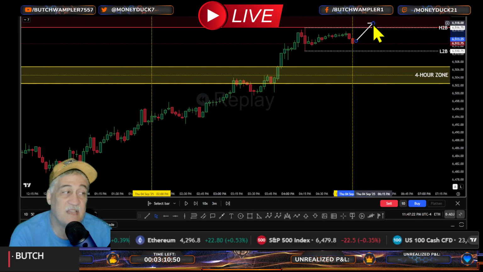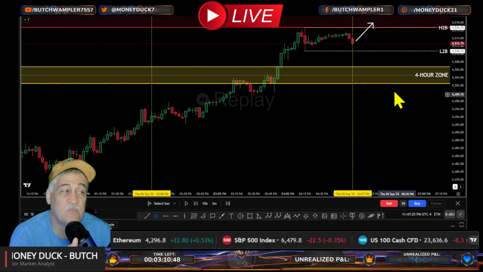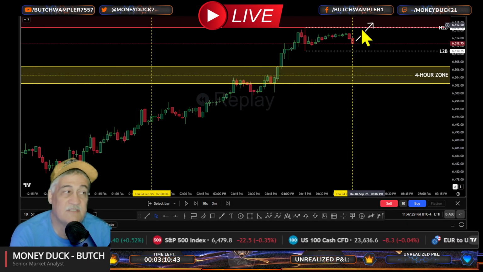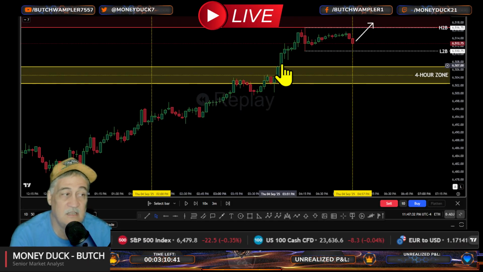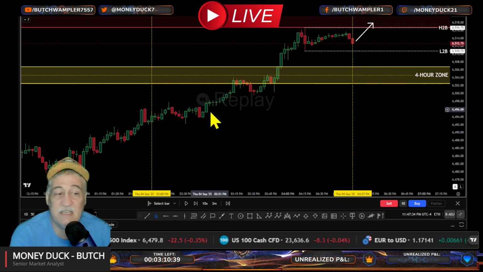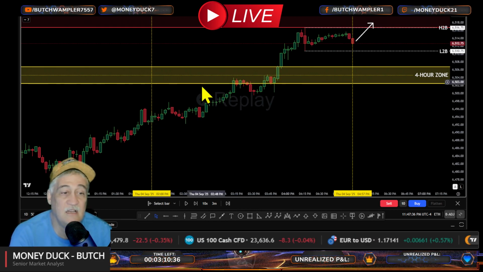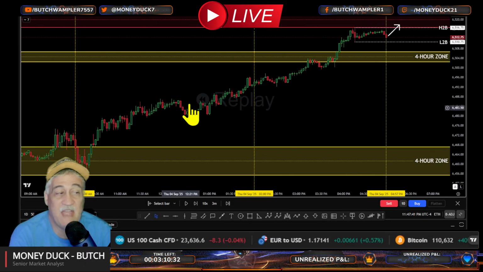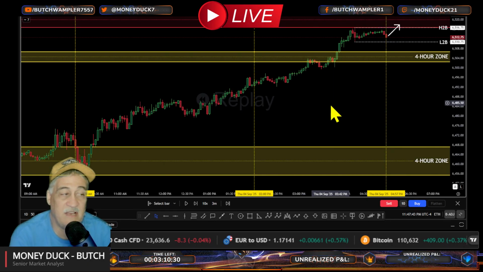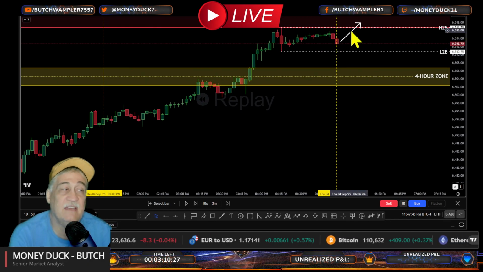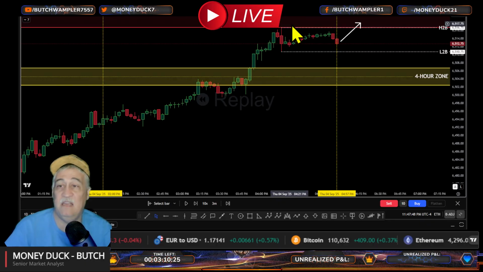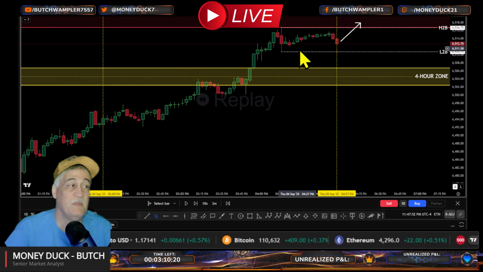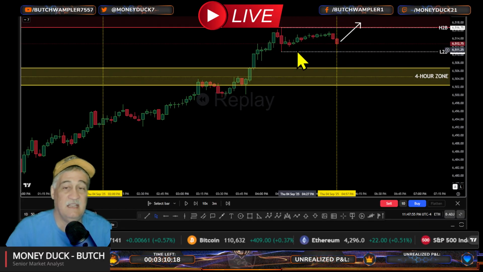If it comes up and breaks the high, what does that tell us? Well, that's continuation. That's our bullish move here, because we know it's bullish. You can clearly look from the left to the right over the last 4 hours. And again, we went back here, we look, that is all bullish. Bullish all day long. So again, if it breaks the high, we say our bullish momentum is continuing. We're seeing continuation in the bullish move.